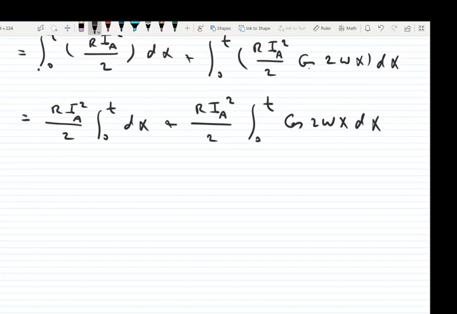Which is equal to R Ia square over 2 times, of course, x between 0 and t, which is t,